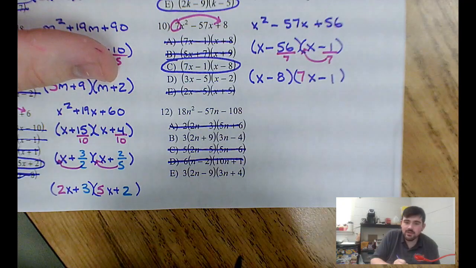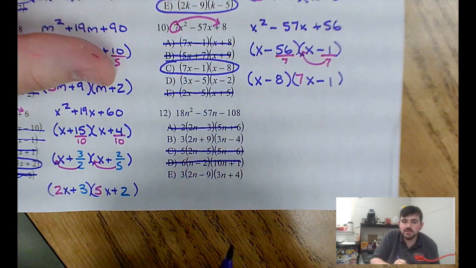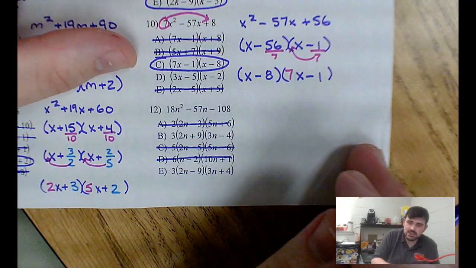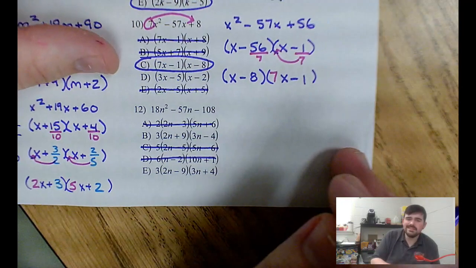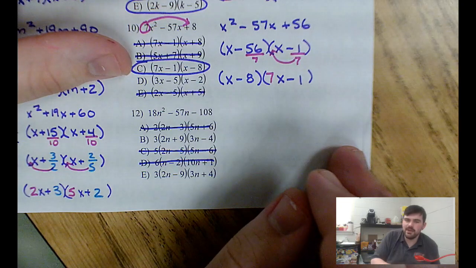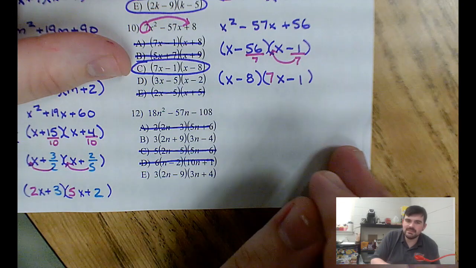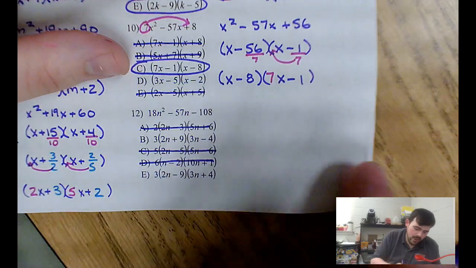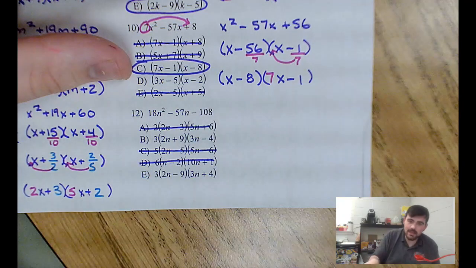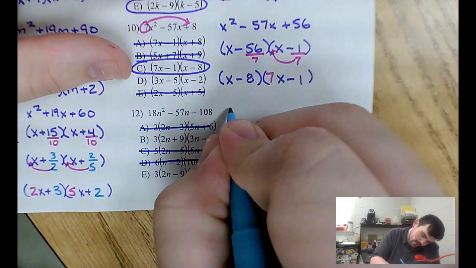So I'm down to another one of those. It's a 50-50 shot if I just want to make an educated guess. But unfortunately, there is a GCF, and I don't know if I have enough information right now to just go ahead and throw an answer out there, especially considering how similar these two options look. I do know the GCF has to be 3 because process of elimination tells me that. So let's take a 3 out of all this